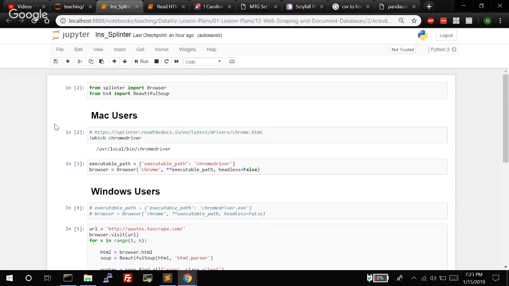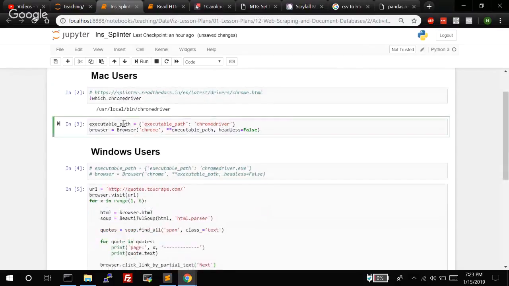Splinter is a Python library which is designed to let you create what are effectively authentic browser requests. Instead of using the request module, when you're using Splinter and you're using Chrome Driver, you are actually using a version of Chrome to make your requests. The Chrome Driver itself is just the version of Chrome that you're using, and it's packaged in a way that's designed to work with Splinter. And as a result,